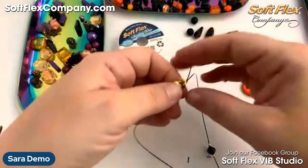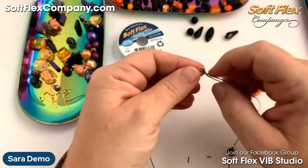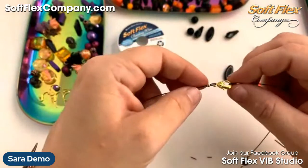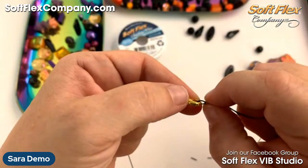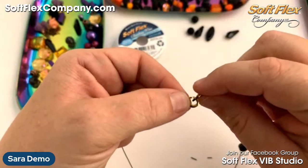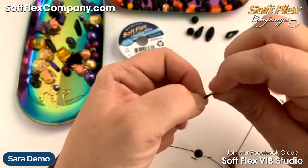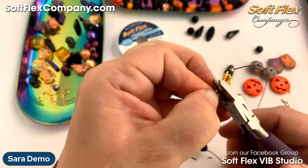And then I always kind of check it out, make sure it makes sense. Looks like it might be a little bit off, so I'm just going to bring this down ever so slightly and tighten. There we go. That's feeling pretty good. And then the last thing I like to look at is my 2 loops. See how one's way bigger than the other? Probably tighten that up just ever so slightly. And again, because I'm going through it there, it's okay if it's a little bigger, but something to think about. And then I can go ahead and crimp off that loop